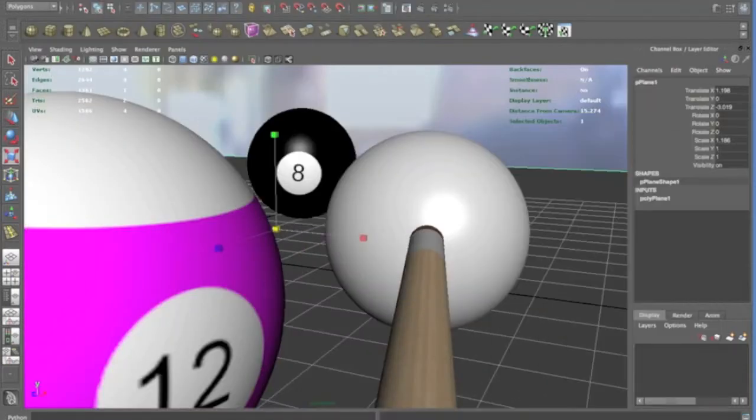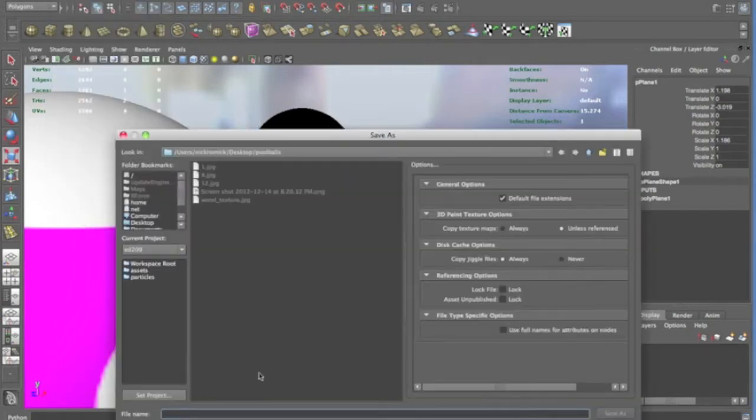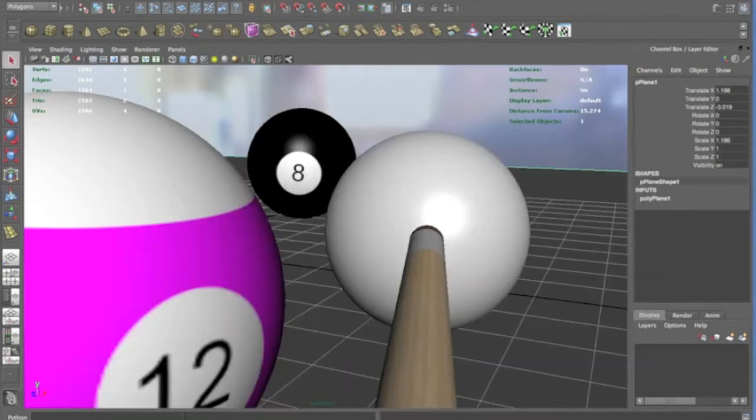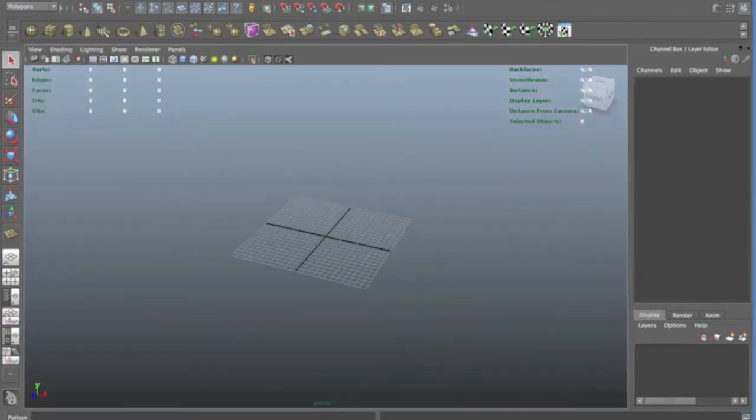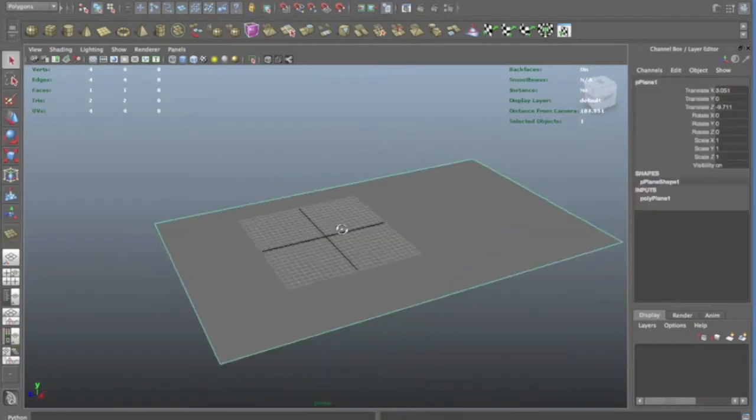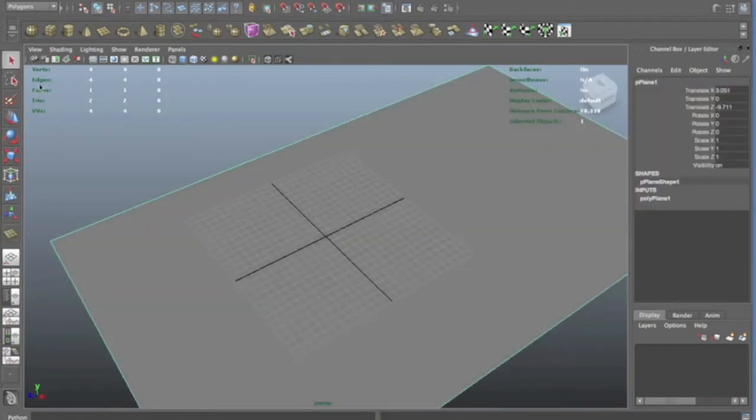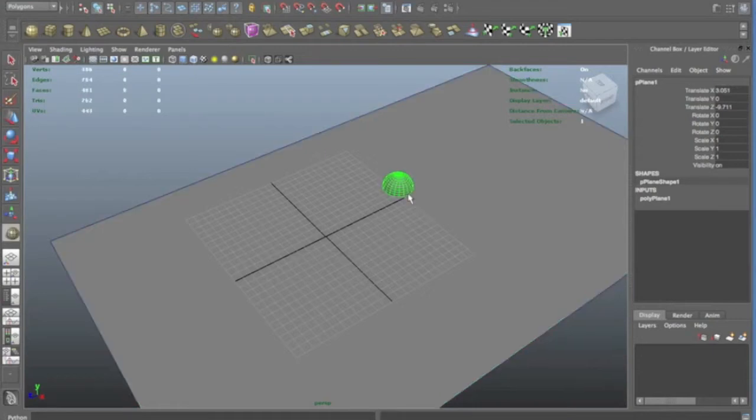So here's my scene. What I'm going to do, actually, is I'm just going to save this puppy out, because we're going to start from scratch. Best way. So we're just going to start with a brand new scene. First thing I'm going to do is create a plane, hit 5, and bring that out here, and we might as well start with the pool balls. I'm just going to create one,